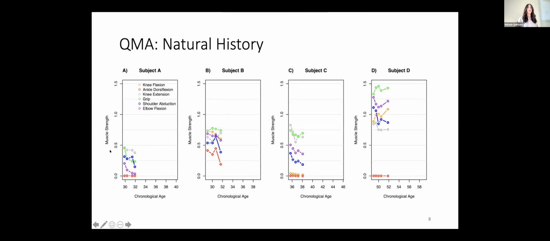Participant C looks quite similar to A, again, almost fully declined on knee flexion and ankle dorsiflexion, and actively declining on the upper extremities. And participant D, I put in here because they look quite strong on all the muscles except for the dorsiflex. So this is just to show individual patient variability that we need to account for. Some individuals are just stronger than others on average, and perhaps there could be some injury that caused the ankles to deteriorate faster than what would be expected for this individual.